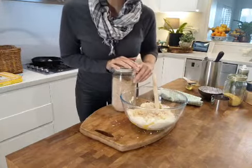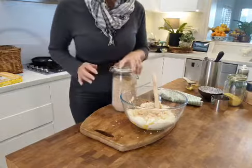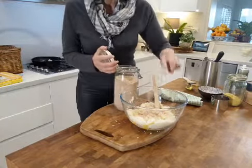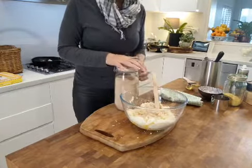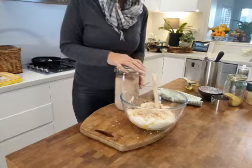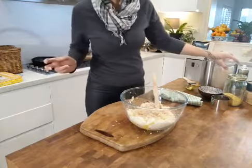1 teaspoon, and was that right, Bridget? Yeah, no, I was right, 2 teaspoons. Jesus, she doesn't even know her own recipe. I'm going to add a bit more. It's 2 teaspoons, 2 eggs, 2 teaspoons of psyllium husks to 500 grams of cauliflower, which is 1.1 pounds of